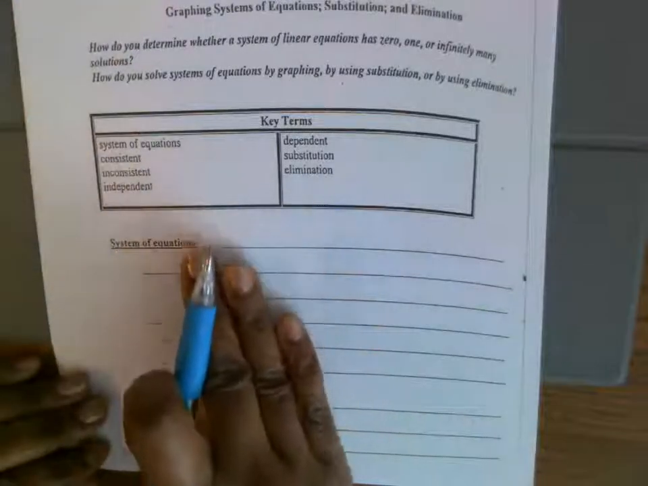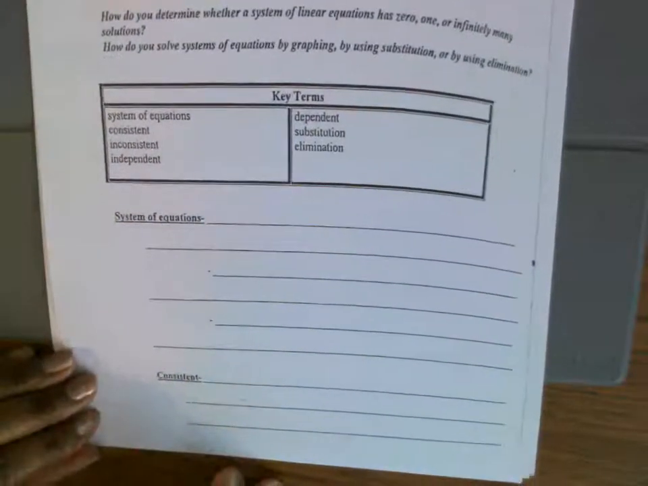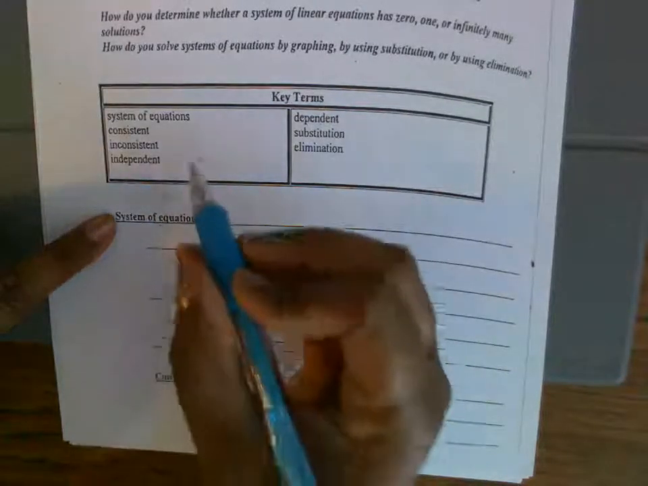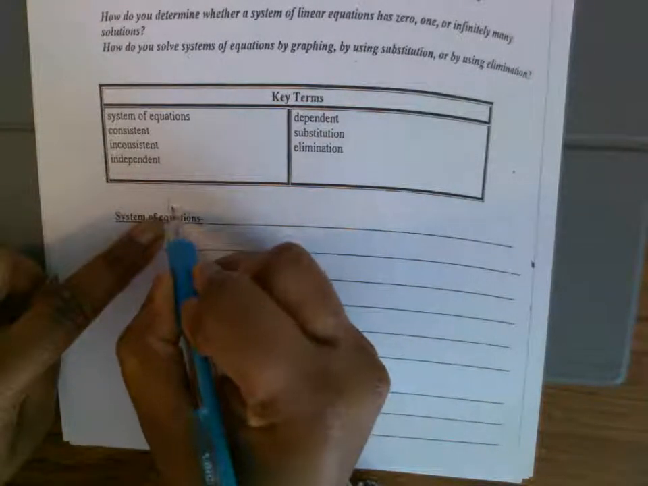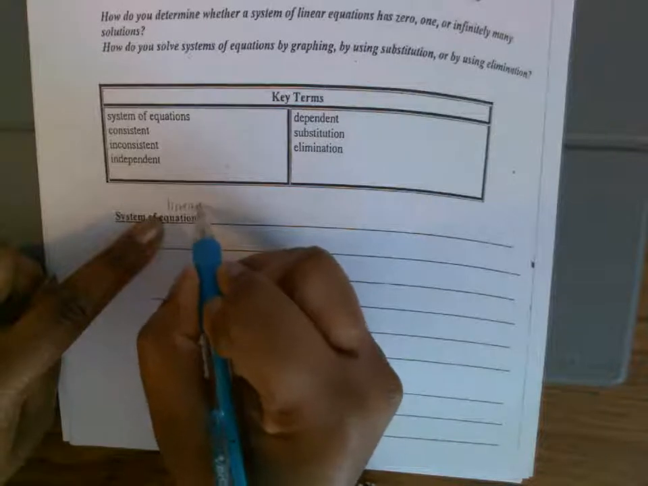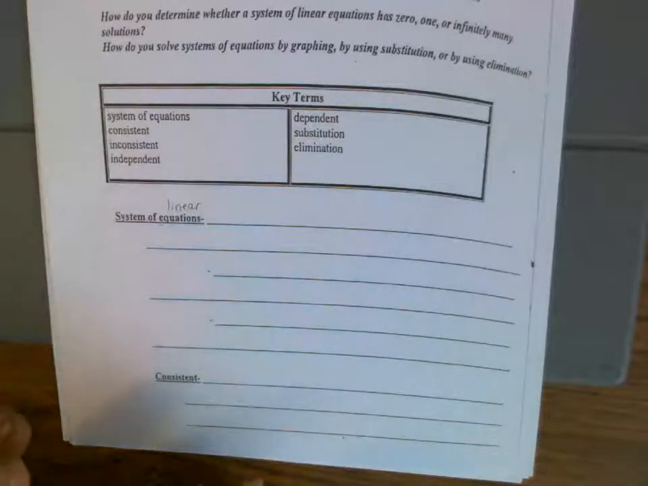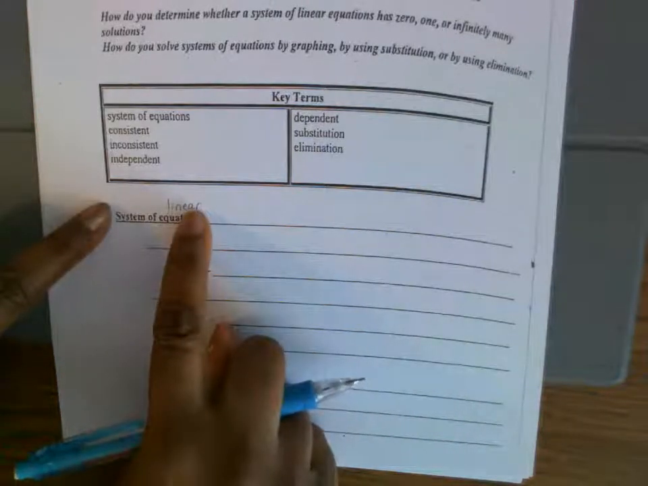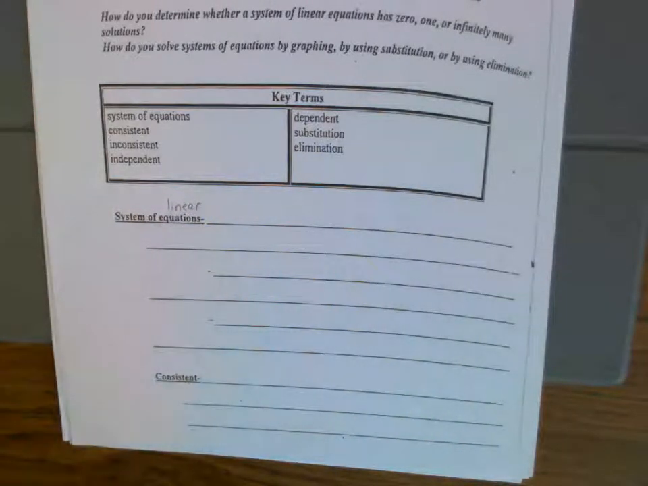We're going to do the vocabulary part first for the first part of this unit. And we have systems of equations, but I'm going to squeeze a smaller word in there. I'm going to say system of linear equations, because that's what we're going to do first. Remember that linear equations are equations that graph straight lines. You have to remember that. A